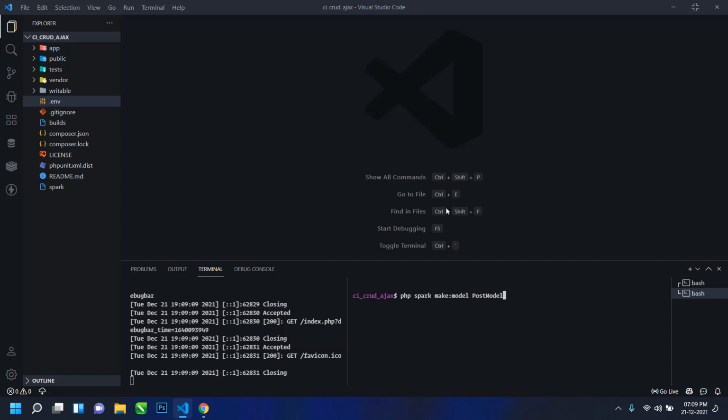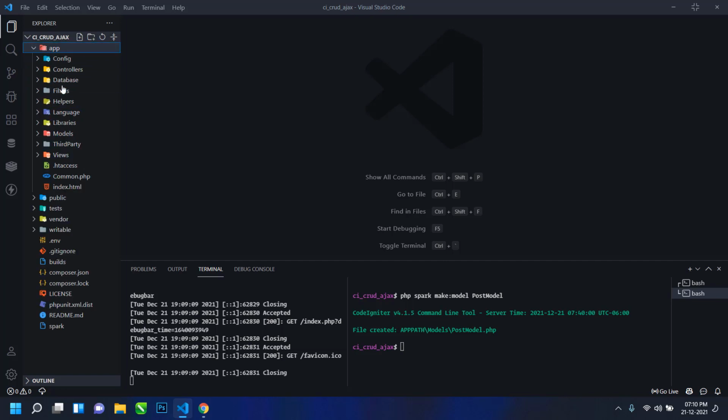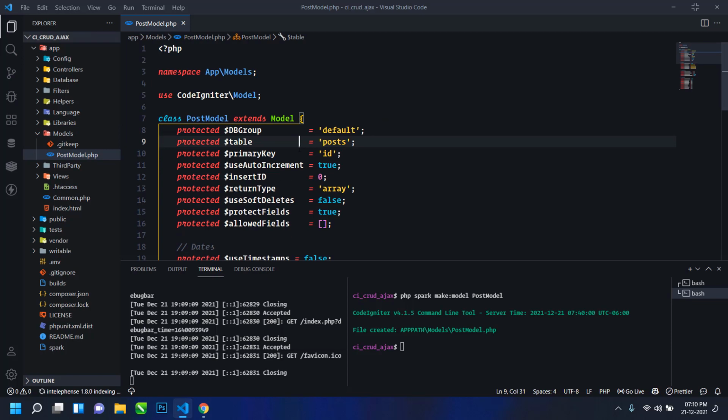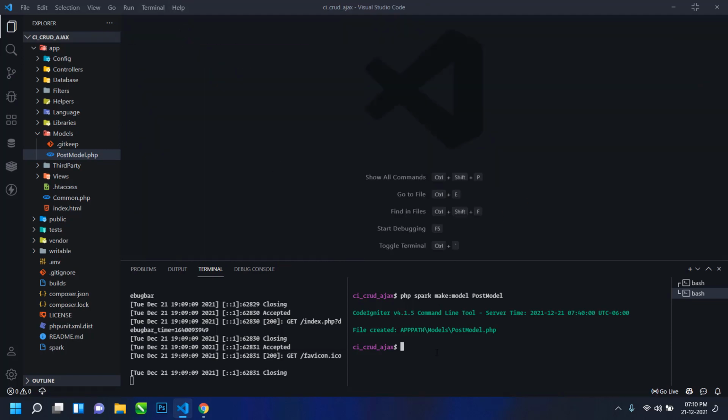Hit enter. Now you can see this PostModel.php file is created under the app directory, then the Models directory. If you open this Models directory, you will find the PostModel.php file. So this is our model. Close it for now, and next I will create a controller for this project.